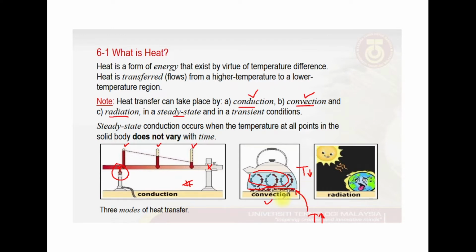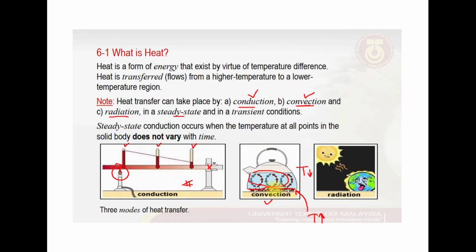So actually a conduction process occurs in the boiling of the water, and after some time we boil the water, then the bubbles